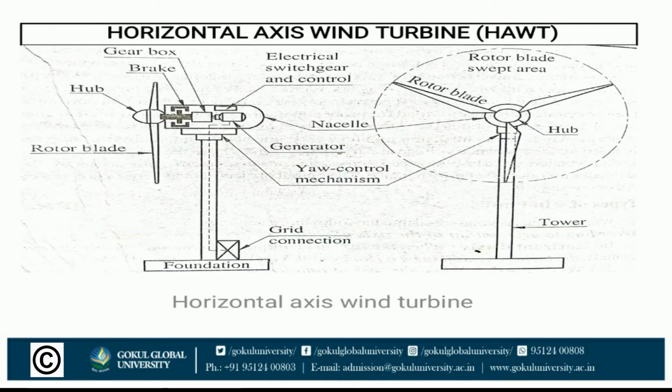Last one, tower. The tower supports the nacelle and rotor. Modern wind turbine generators are installed on tubular towers. Large turbines use lattice towers designed to withstand gravity loads and wind loads. For medium and large size turbines, the tower is slightly taller than the rotor diameter. In the case of a small size turbine, the tower is much taller than the rotor diameter, as the air is erratic at lower heights. Both steel and concrete towers are being used.